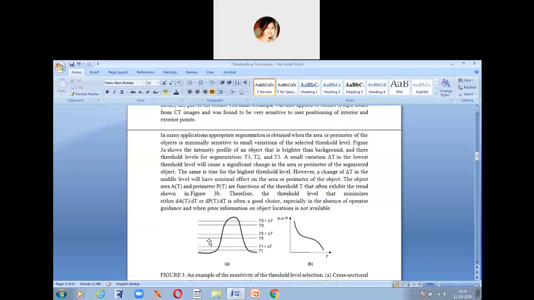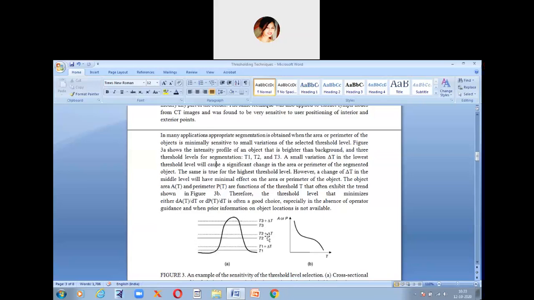Here they divide the object into 3 parts with 3 threshold limits: the lower threshold limit, the middle threshold limit and the upper threshold limit. However, when you apply a small variation delta T on the lower limit and the upper limit, it will have an impact on the area or the perimeter of the segmented object.